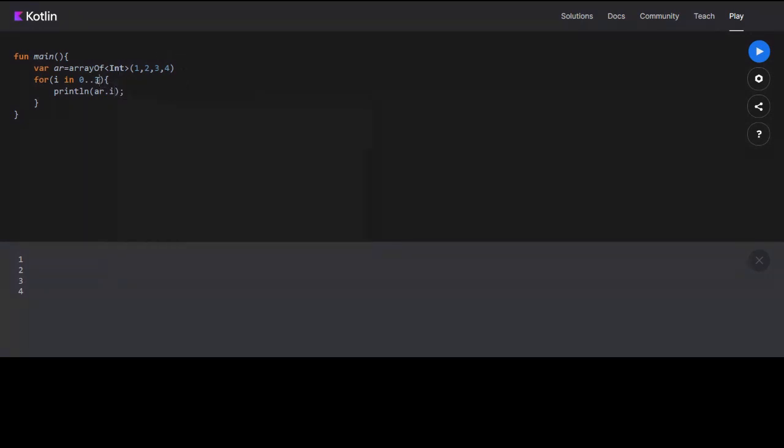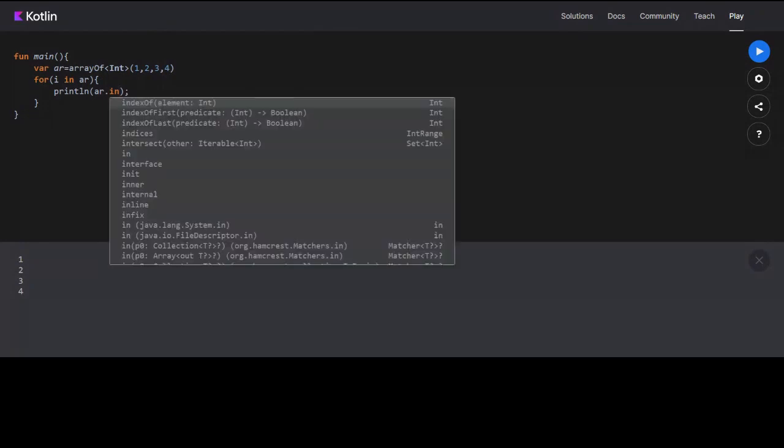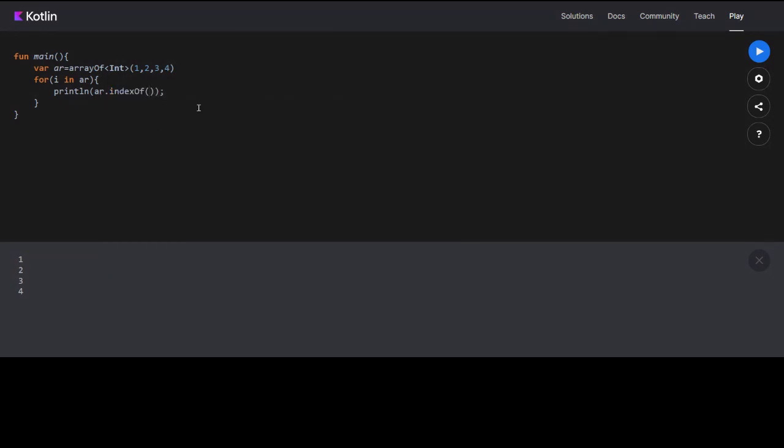To access the index, what you can do is say I in AR, and then there is a function in arrays called indexOf. See, there is a function named indexOf. You just need to call this, and then pass the value of that element. Like here it is one. Let's say something else, like 10, 20, 30, 40, 50.